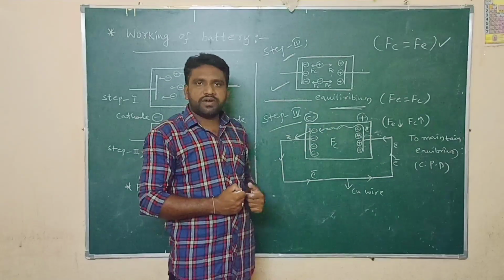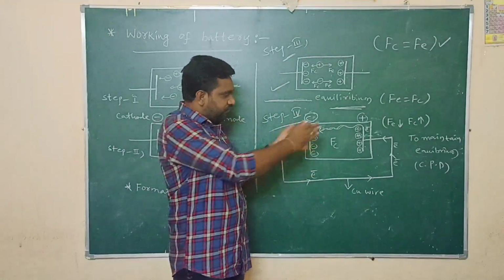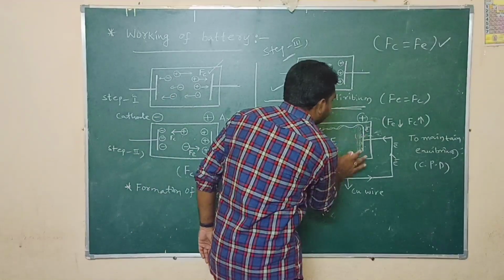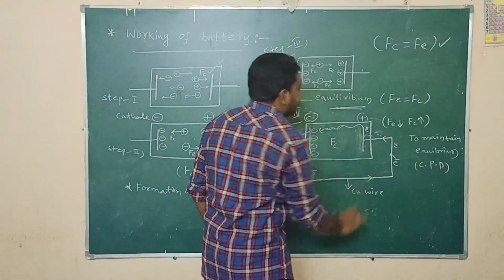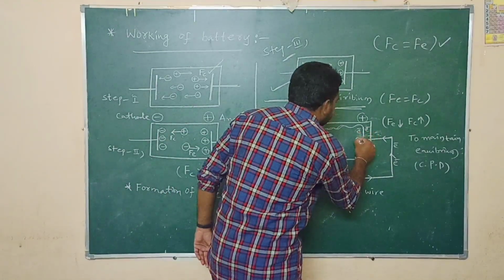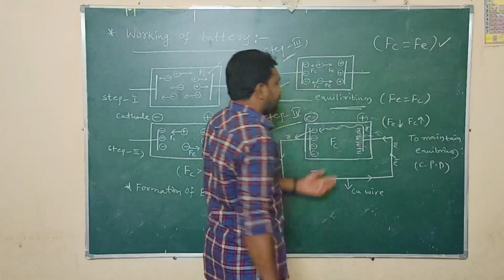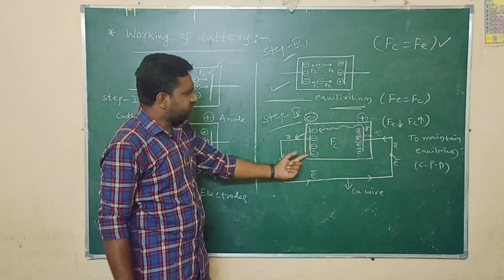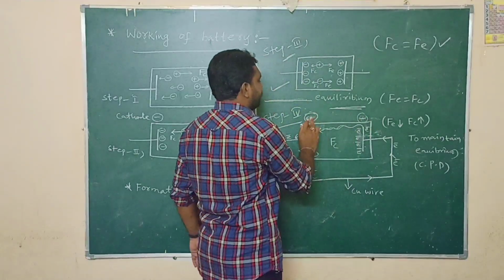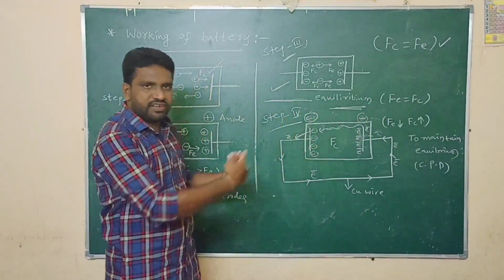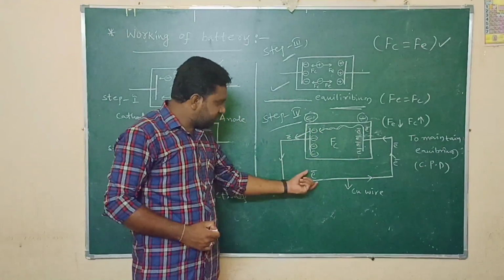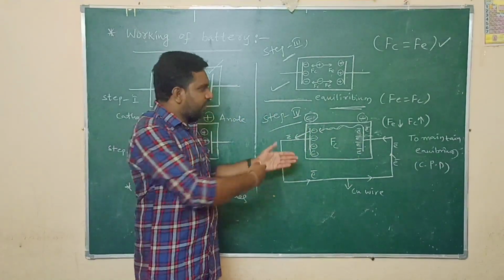And when there is no potential difference, when there is no difference in number of electrons, electrons do not move here. So what is meant by zero potential difference? All the electrons are accumulated here. So here also electrons are there, here also electrons are there. It also acts as a negative electrode. So that means there is no potential difference. In this wire also electrons are there. So the electrons do not move now.